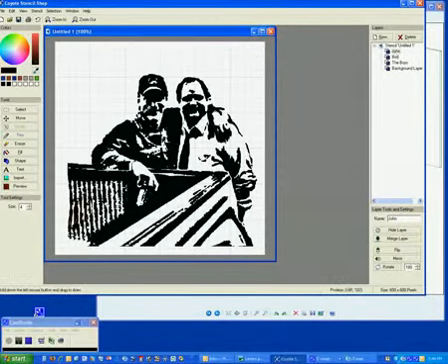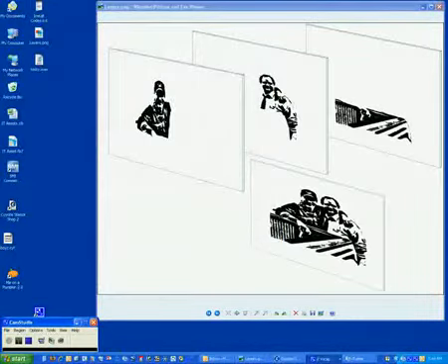Now, if you were to take John and Bob and the truck and make them three-dimensional, and I can't do it with Coyote, it doesn't have that capability, nor does it need it. I'm going to show you what it would look like on something that I built in another program. You'll see these three layers will probably make more sense. There's John, there's Bob, there's the truck, and if you were to combine